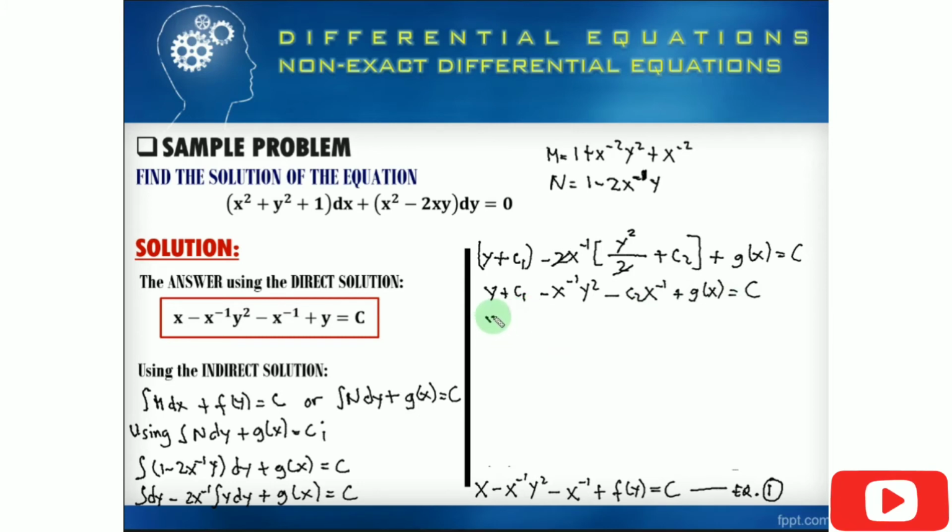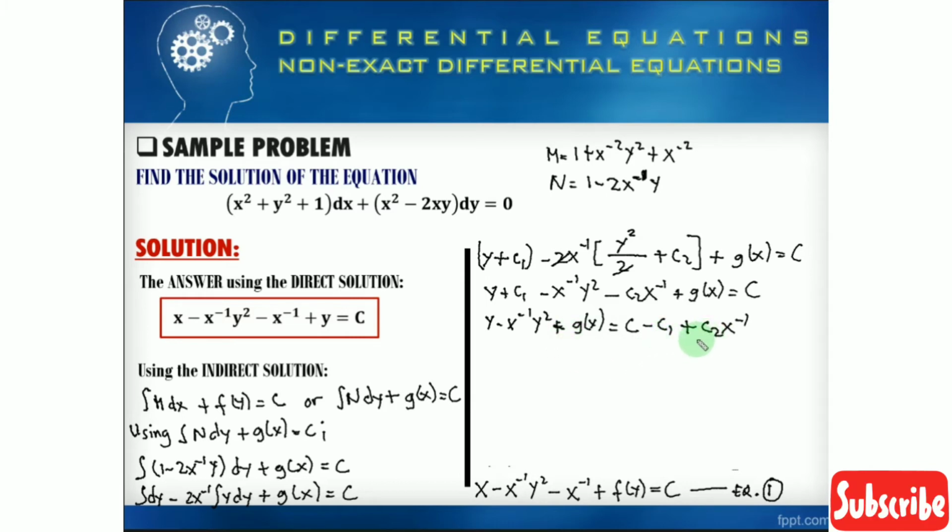So this is y minus x raised to the negative 1 y squared, plus j as a function of x equal now to c minus the c1, and then minus, this is minus and this is plus, plus our constant c2 x raised to the negative 1. Okay,